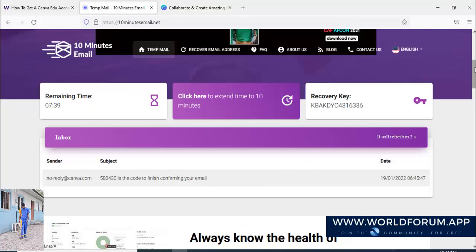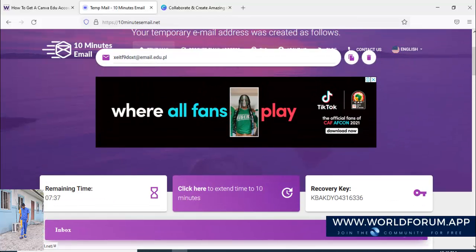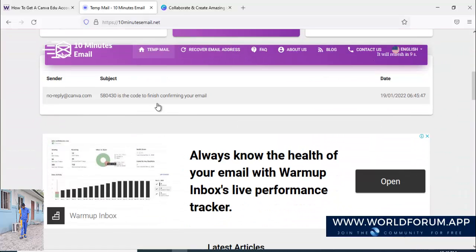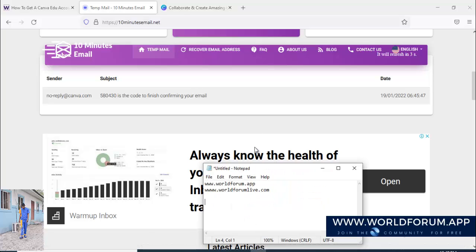So return back. Remember, this is the email, and scroll down. You should get the code here. Are you seeing the subject? Now this is what you should do. In case you return back to the website, you don't need to refresh and you have not seen the message, just wait a bit. Now I will type the code, which is